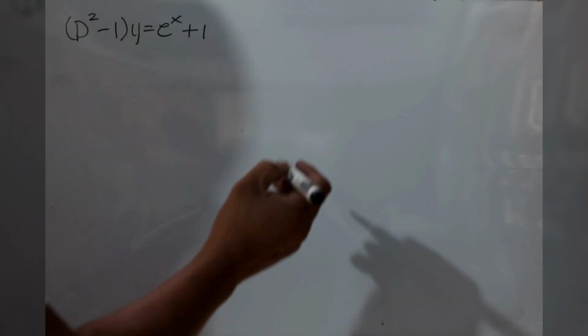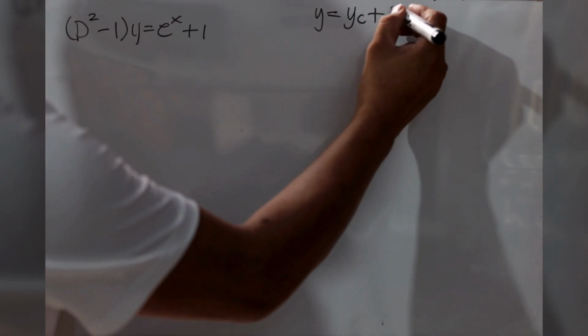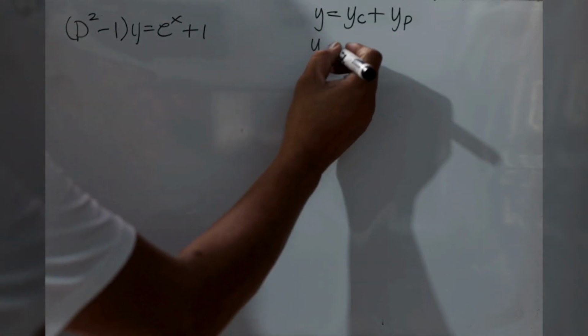Okay, let us solve this differential equation. (D squared minus 1) of y is e to the x plus 1. So this is a non-homogeneous differential equation, and we will solve this using variation of parameters. The general solution is y equals y sub c plus y sub p, where our y sub c is c